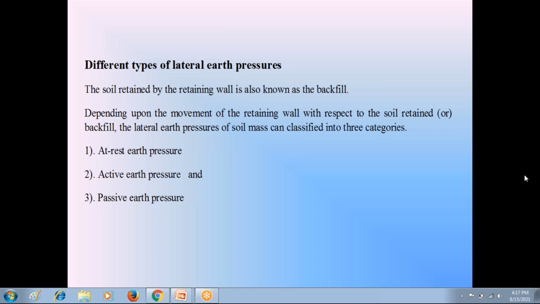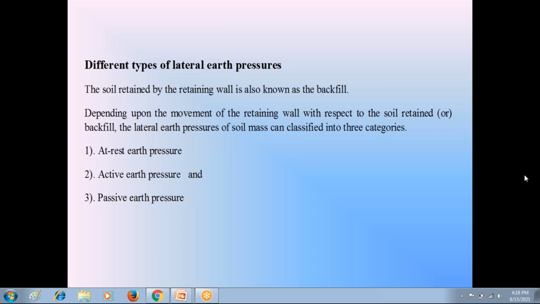The pressure from soil. The wall is stable. Yes, the wall is stable. We are designing that wall by knowing the magnitude of pressure from the soil. By using Coulomb theory, Rankine theory, or Terzaghi wedge theory, first we can calculate how much earth pressure is acting on the retaining wall from the soil. By knowing that earth pressure, we can design that retaining structure, the retaining wall. So definitely the retaining wall is stable.